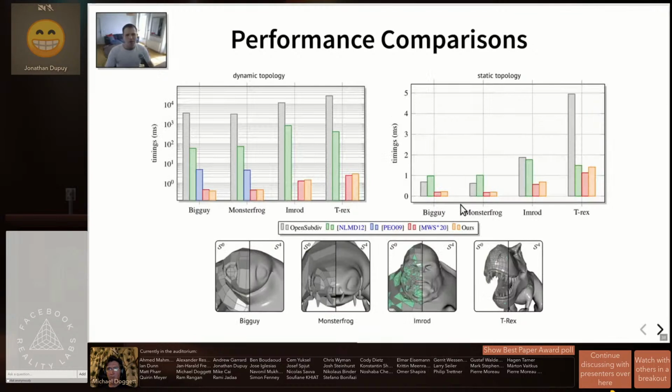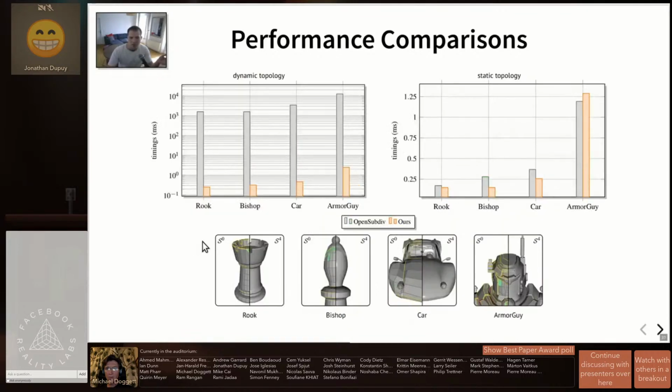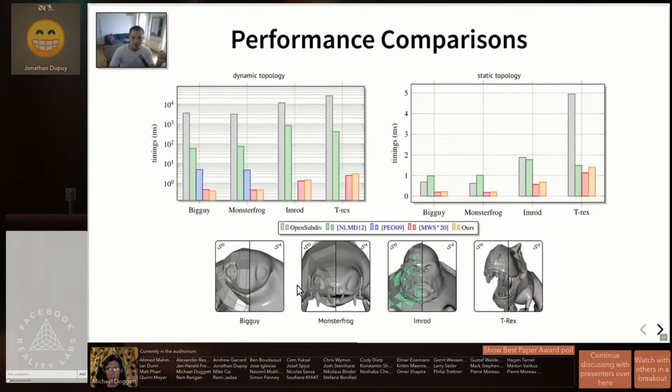We also benched our method against other open source libraries. So the reason why we did 2 groups is because most open source libraries don't support semi-sharp creases. So semi-sharp creases are these yellow edges here that allow an artist to control the sharpness of the edge of the subdivision surface. So for this batch of tests, we don't have semi-sharp creases actually, but we do have non-quad faces and boundaries. So in this particular configuration, we tested against OpenSubdiv, the method of Nießner and colleagues, which is what OpenSubdiv builds upon, the method of Patney and colleagues, which only supports quads, so you only have these 2 bars here, and